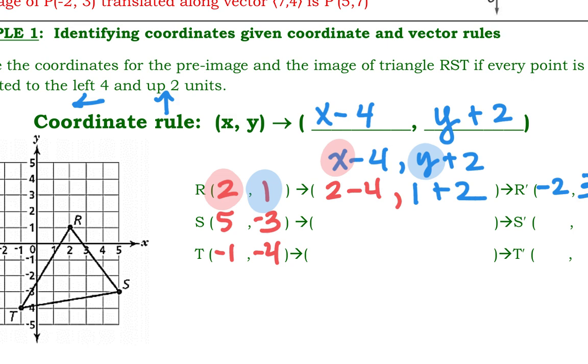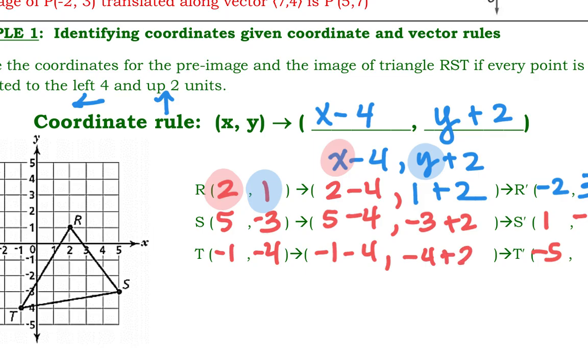All right, we do the same thing with the next one. We have 5 minus 4, and then we have negative 3 plus 2. What's 5 minus 4? 1. And negative 3 plus 2 is negative 1. All right, next one, we have negative 1 minus 4. That gives us negative 5. And then what's negative 4 plus 2? Negative 2. All right, so if I graph these points onto the graph,